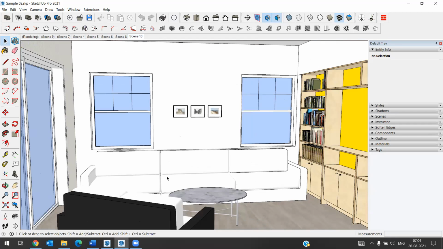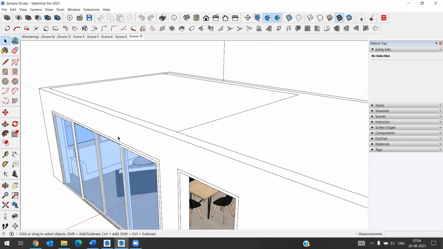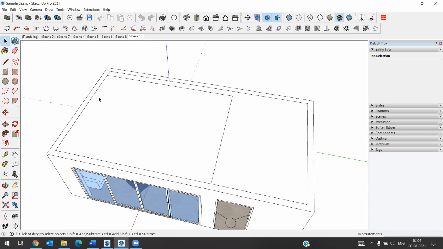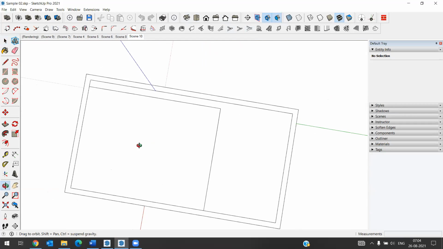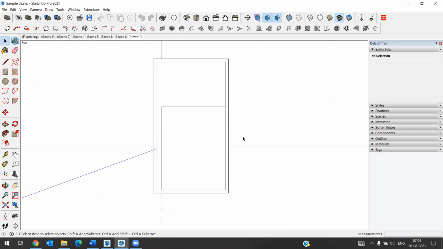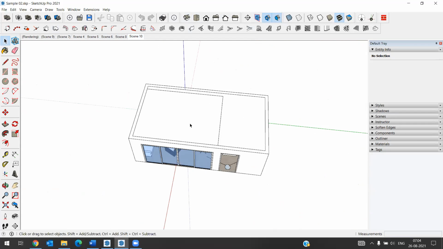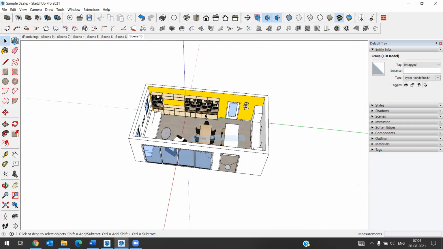So for creating animation, now I want to come from the top view of that particular building. I'll hide this.